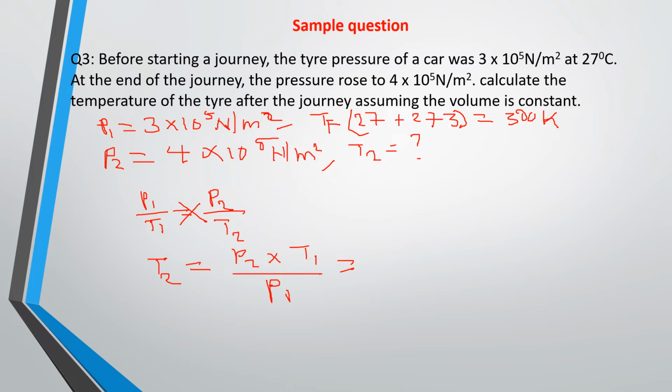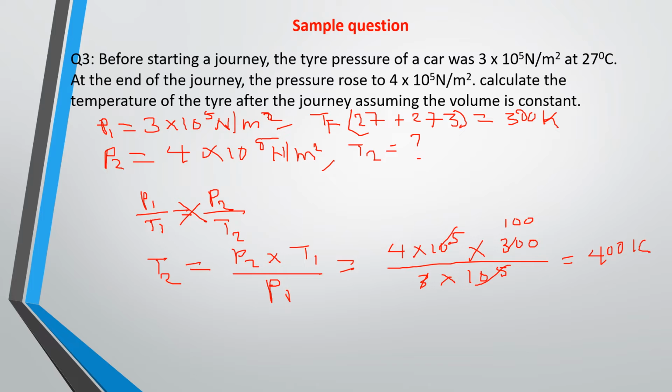P2, which is 4 times 10 raised to power 5, times T1, which is 300, divided by P1, which is 3 times 10 raised to power 5. Basically this cancels this, and this will be 100. So when you work that out, you're going to have that your T2 is equal to 400